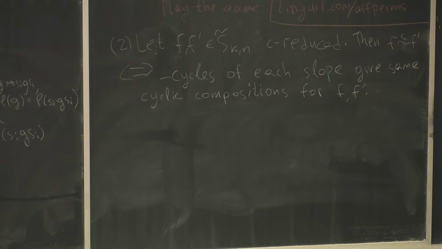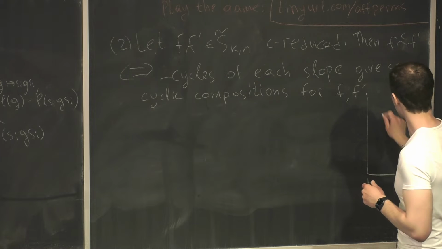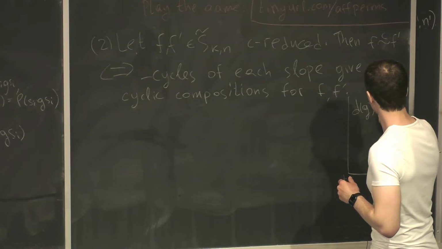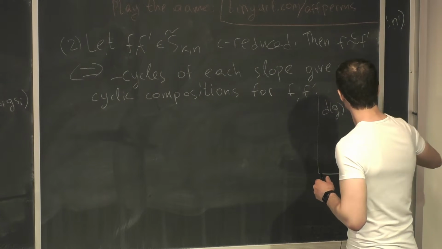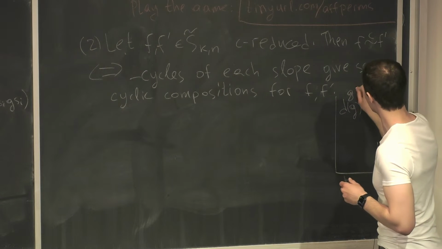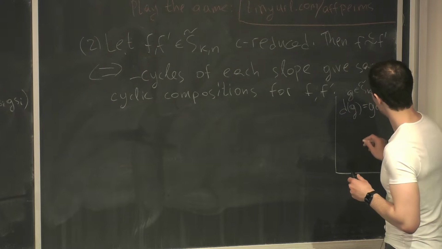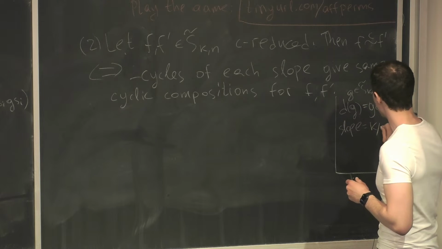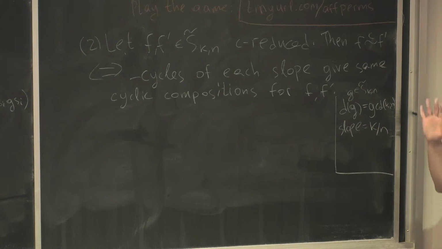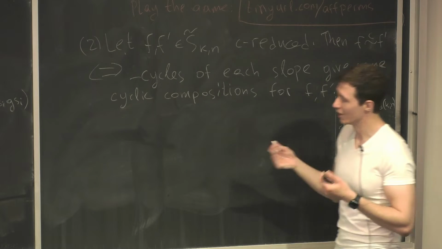So what do I mean by that? First of all, this part is not visible anymore. Again, d of g was the GCD of k and n, and g belongs to S prime, S tilde k comma n. And the slope is by definition just k over n. So for each cycle, you have a slope which is just k over n. And so,